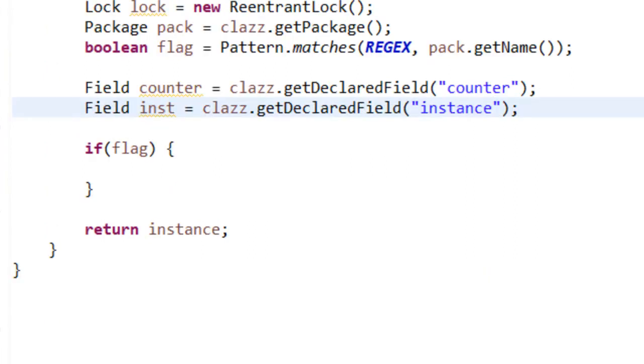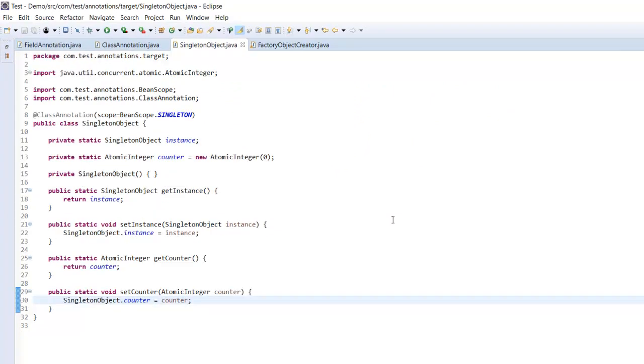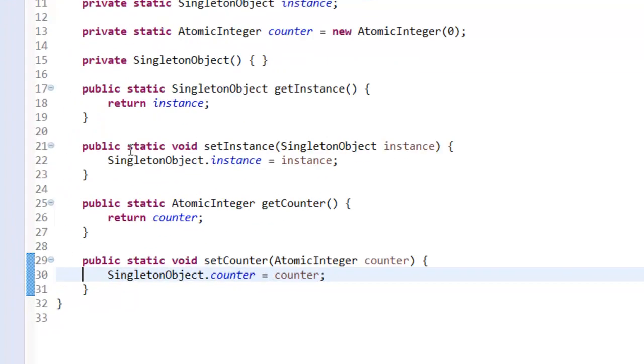Okay, done. Fields done, fields created. Now, what the thing is, let's see, when I create the instance, I need to set the instance to this singleton object. So this set instance,